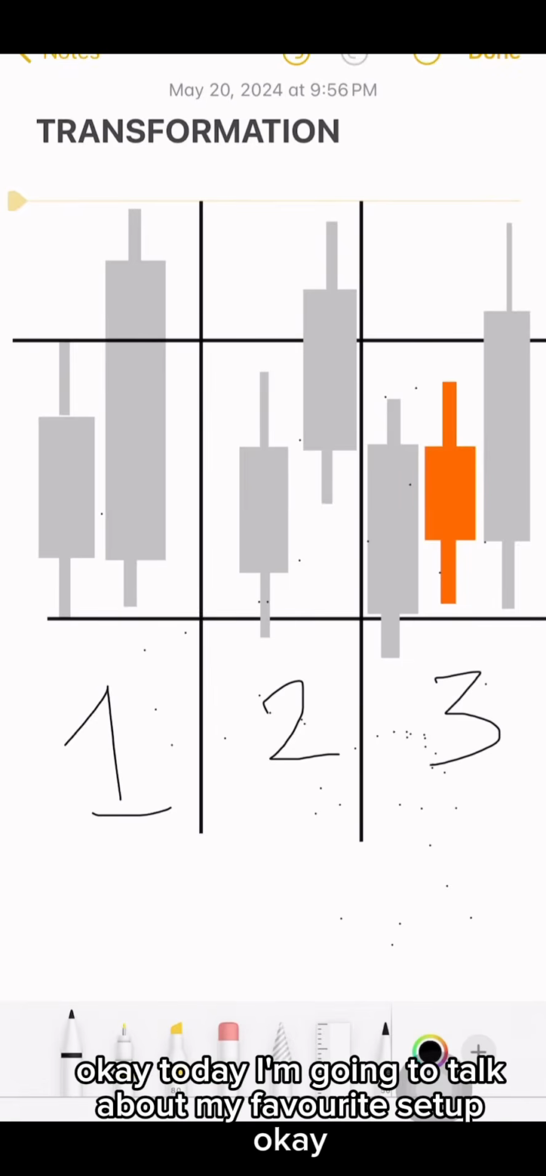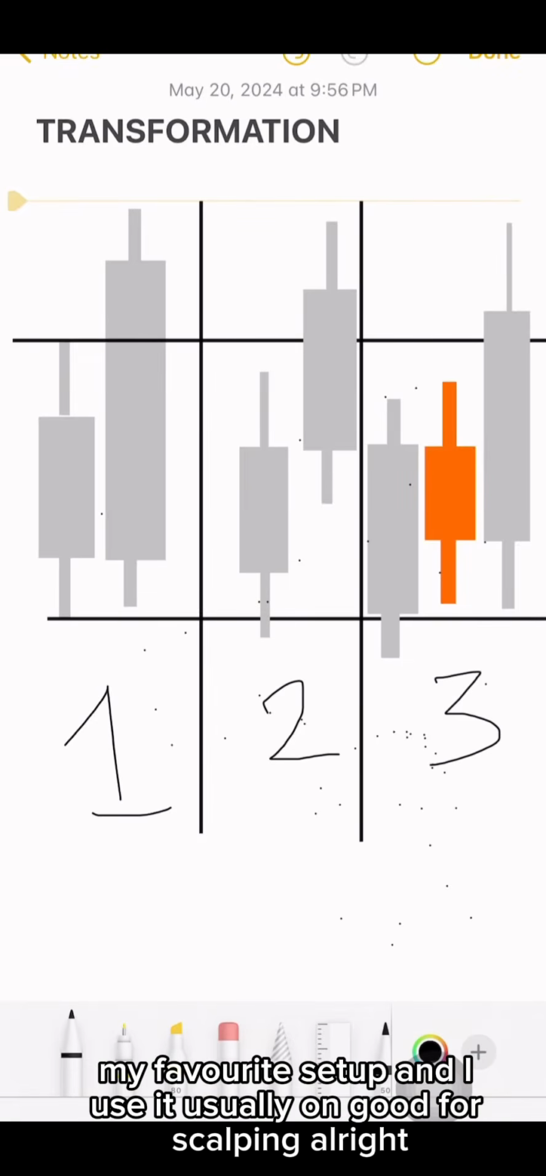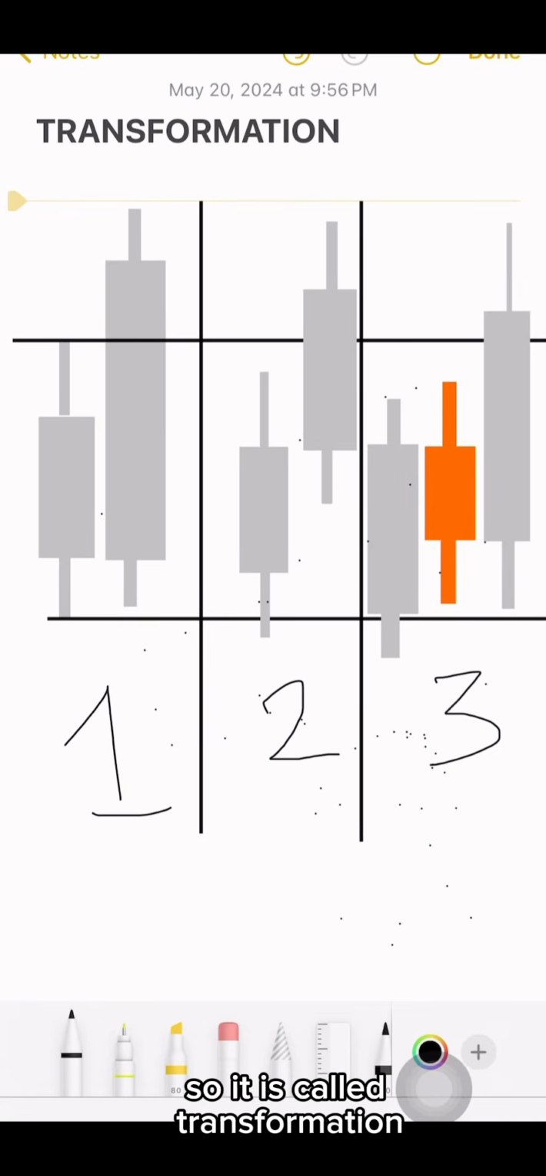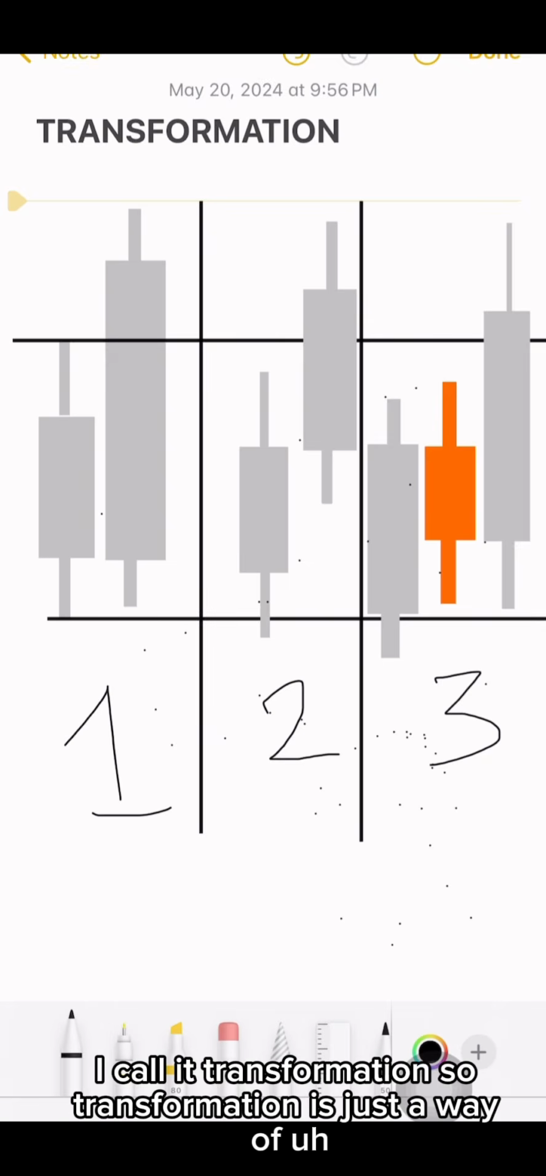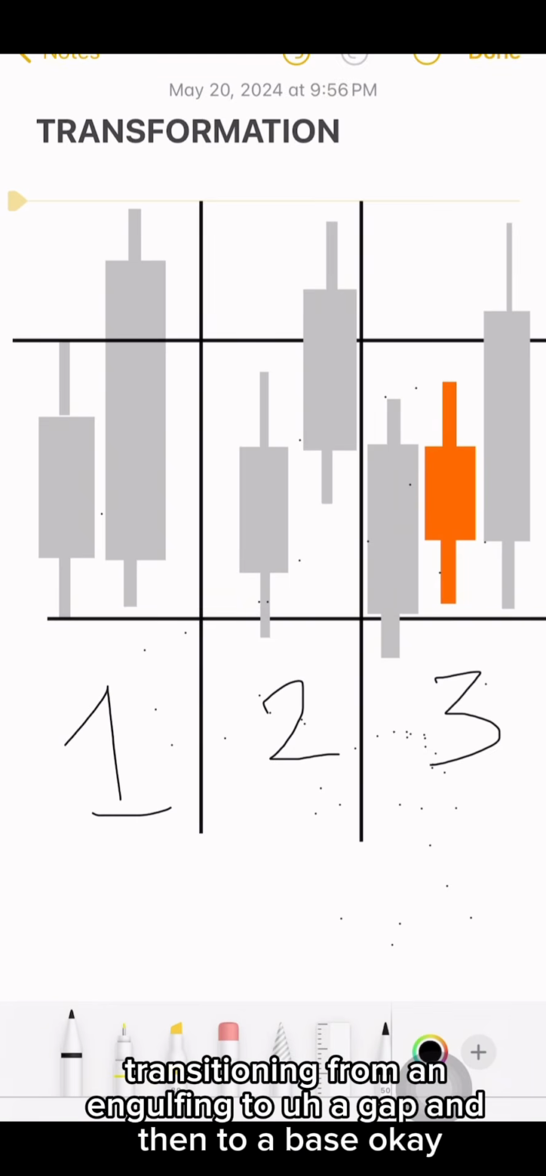Okay, today I'm going to talk about my favorite setup. I use it usually on gold for scalping. It is called transformation. I call it transformation. So transformation is just a way of transitioning from an engulfing to a gap, and then